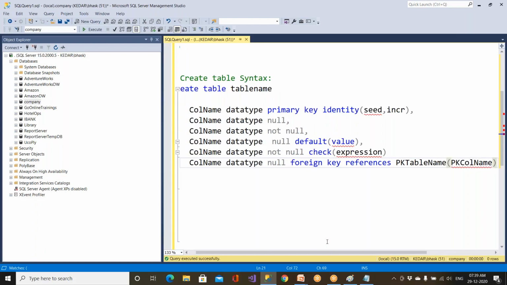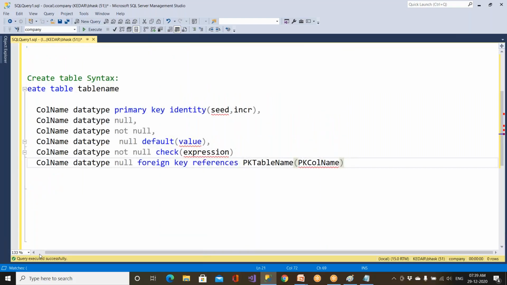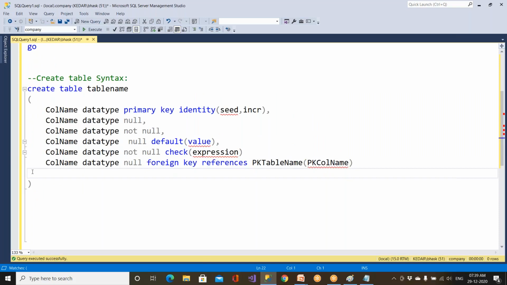So this is how you need to create a table. Clear? Column name, data type. What is the primary key we discussed? What is the identity we discussed? What is null, not null, default, check constraint we discussed?